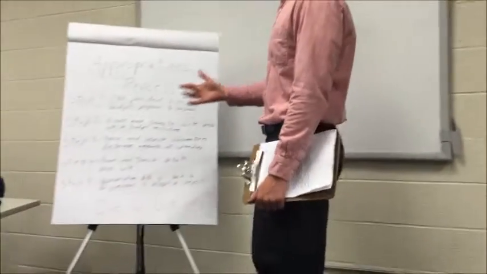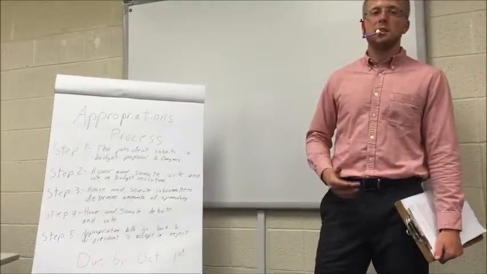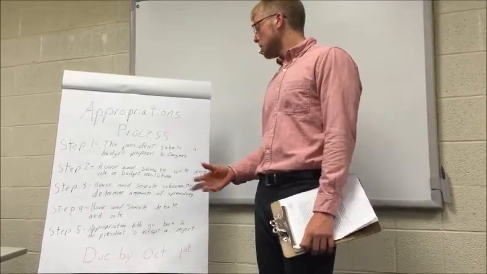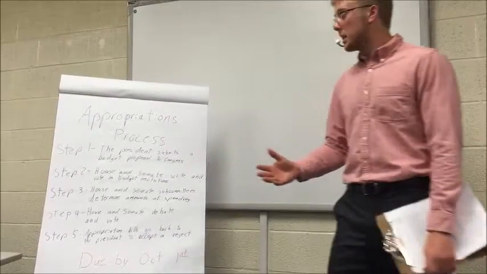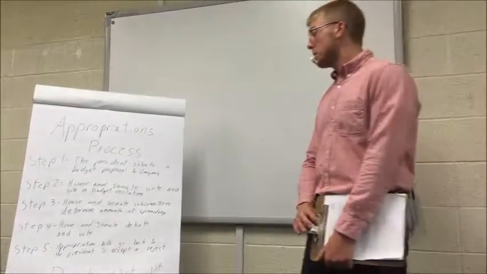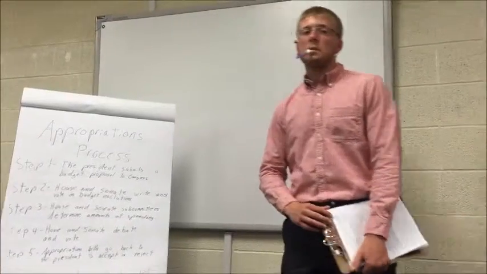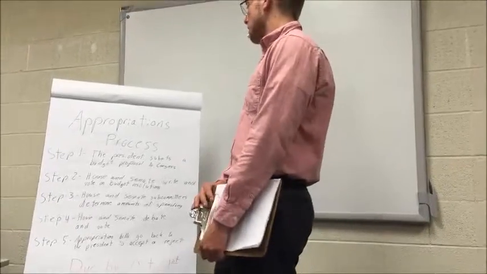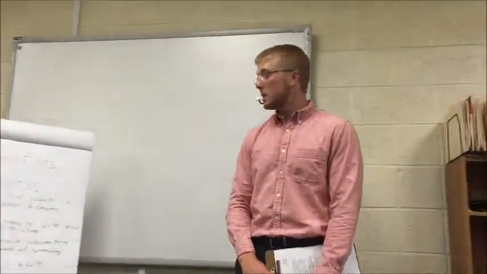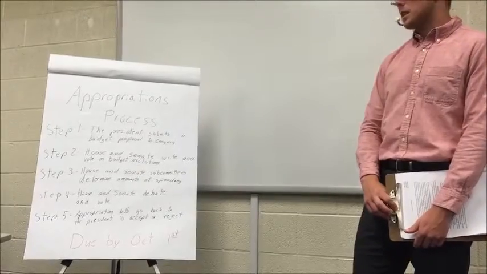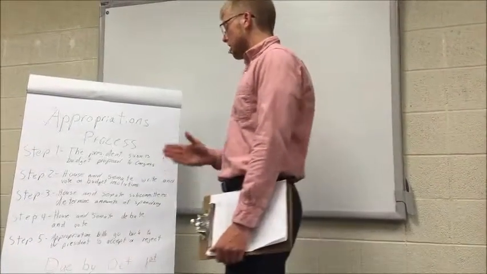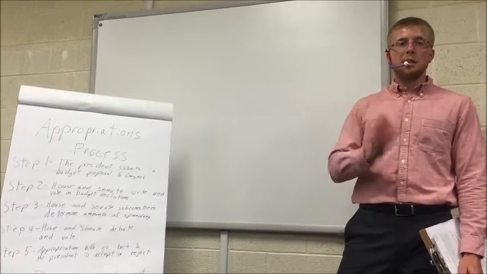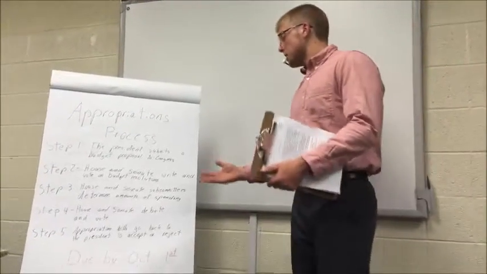First, the President takes in budget requests from agencies such as the USDA and the Department of Defense and so on, and creates a budget which he proposes to Congress. Next, the House of Representatives and the Senate subcommittees determine the amounts of spending by writing, rewriting, and voting on resolutions to the President's proposed budget. Step 3, the House and Senate subcommittees determine the specific amounts of spending that goes to each different government agency, such as the USDA and education and Social Security and things like that.